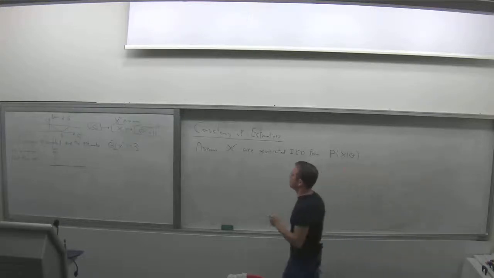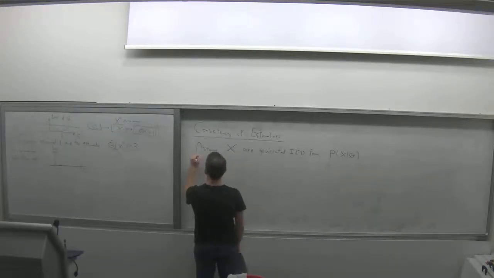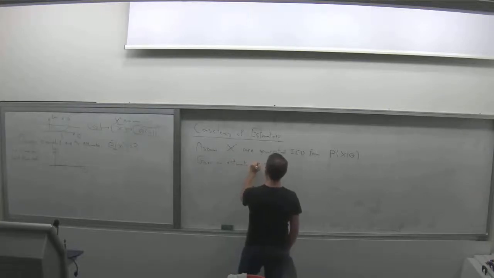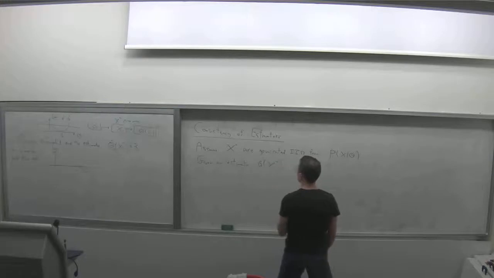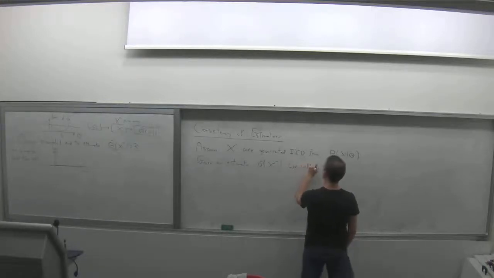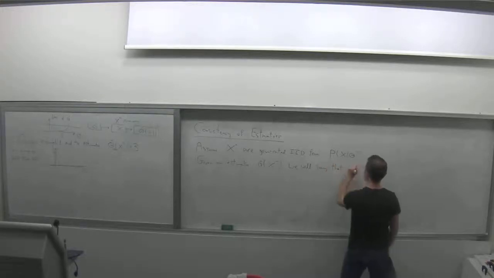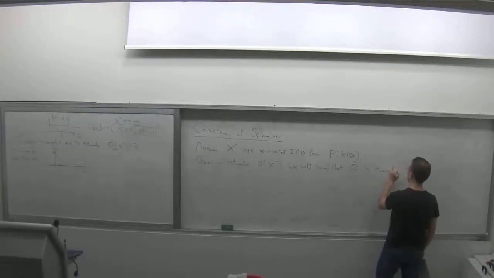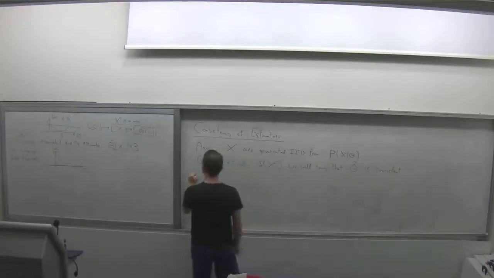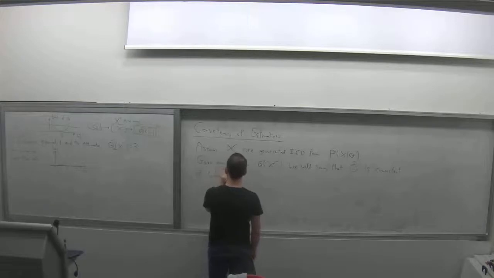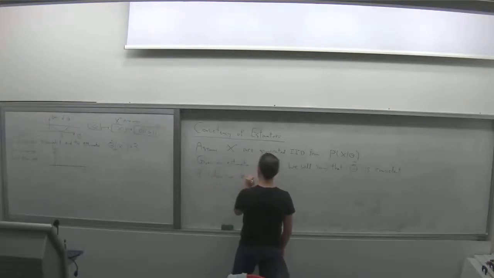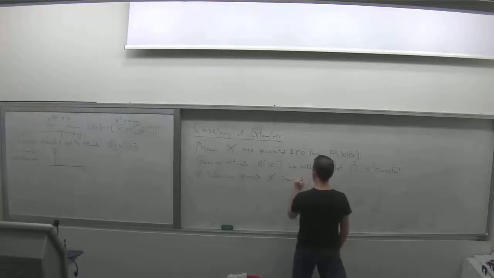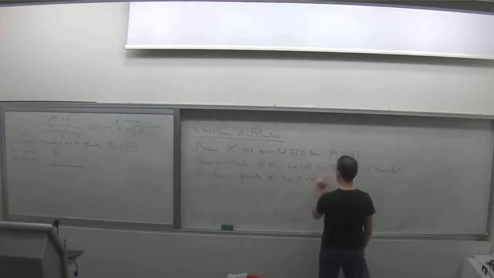Given an estimator theta hat of x n, that's our estimator, we will say that theta hat is consistent if, when we generate xn from p of x given theta for some theta,